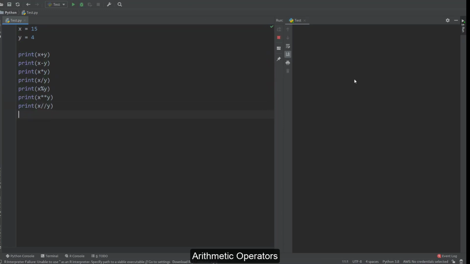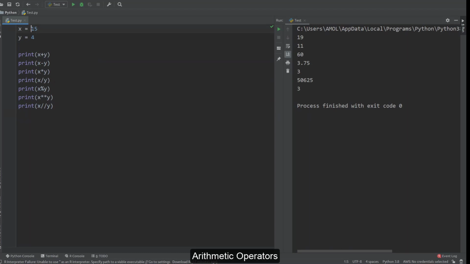Check the outcome over here. You get all the results. The first three are straightforward: x plus y, x minus y, x multiplied by y. In the fourth operation, this is a division, but the result comes in fractional format.